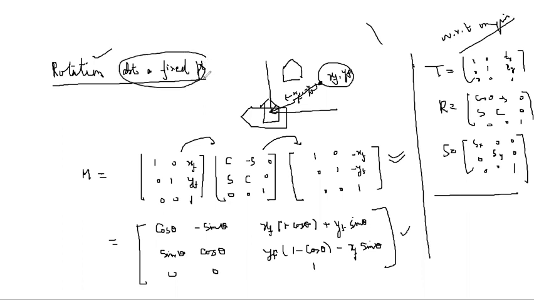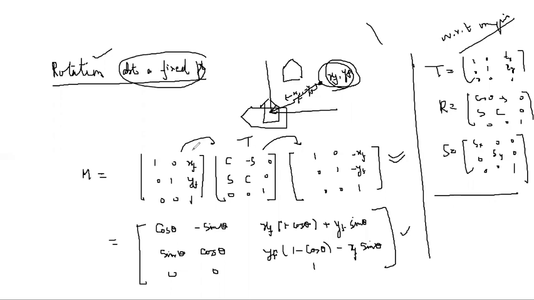Now when we do the rotation or scaling about a fixed point, we first bring the fixed point to the origin, then we perform the transformations, and then we put xf and yf back to the original position. To do so, first bring the point to the origin, which is why it is the inverse of the translation. Then do the transformation, then put the fixed point back to its original position. So this is scaling about a fixed point and rotation about a fixed point.